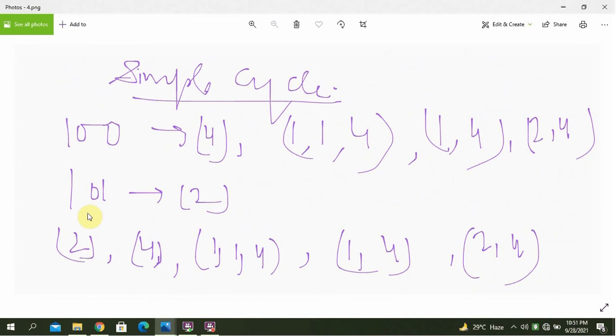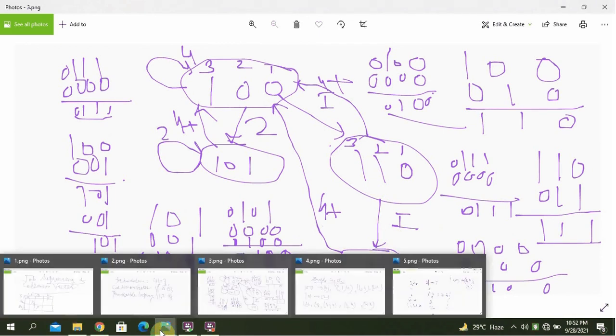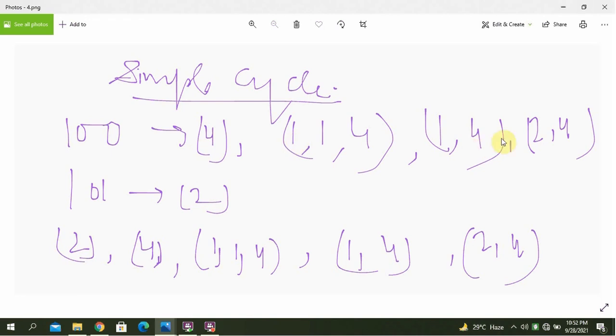Here 1 0 0, it means हमारा जो ये 1 0 0 है इनिशियल स्टेट, यहीं से ही हमारा स्टार्ट हो और इसी पे ही आ जाए. देन कौन कौन सी साइकिल है वो, डैट इज 2, 4, 4 1 1 4 एंड 1 0 1 पे ओनली 2, 1 1 0 पे that is 1 4 1. ओके, एंड 1 1 पे 4 1 1 ऑलरेडी हो चुका है, हमें रिपीट नहीं लिखना है. 1 0 0 पे 4 1 1 4 1 4 2 4, 1 0 1 पे 2. सो द सिंपल साइकिल इज 2 4 1 1 4 1 4 2 4.